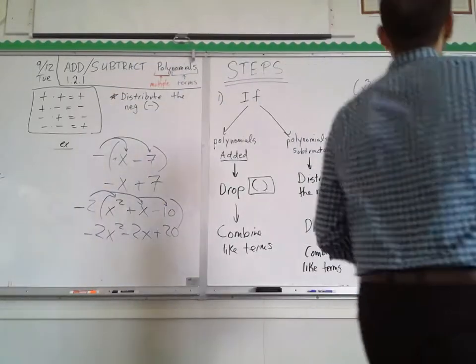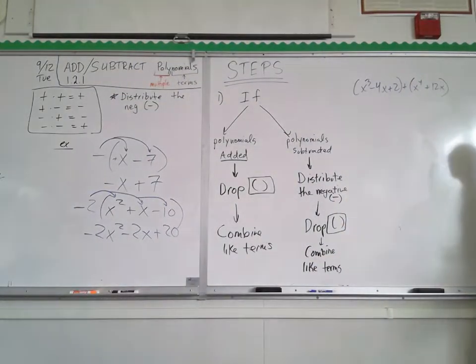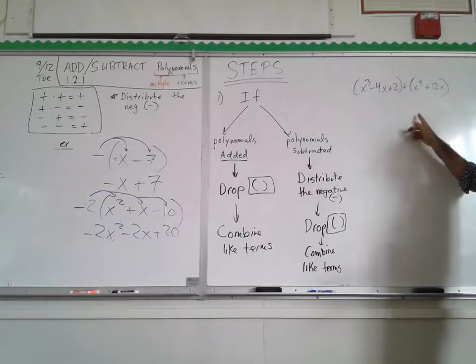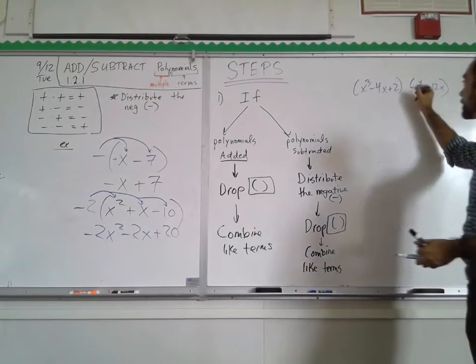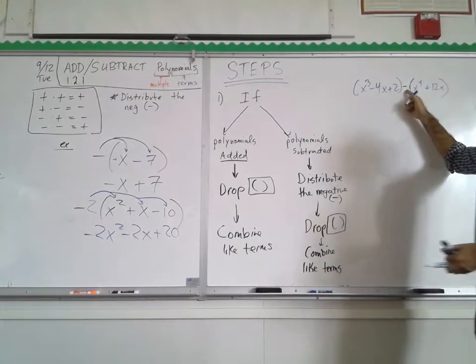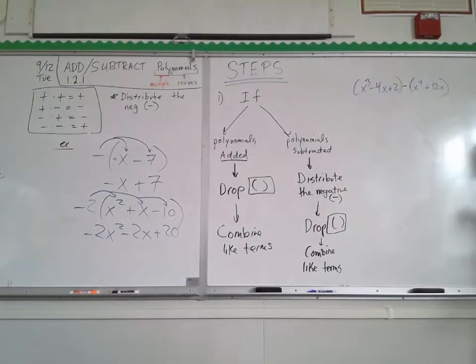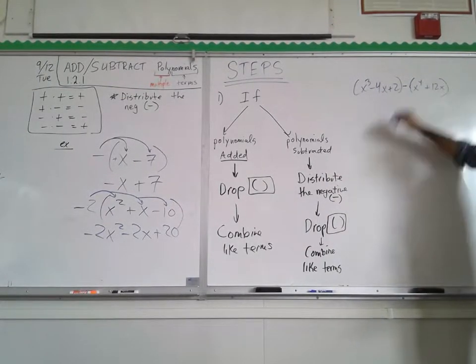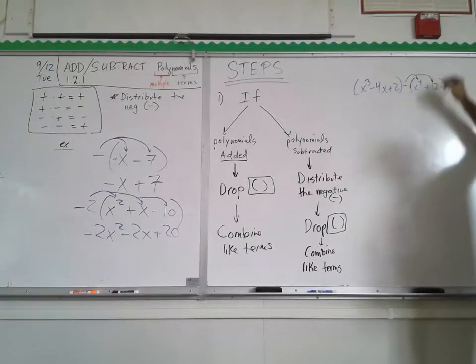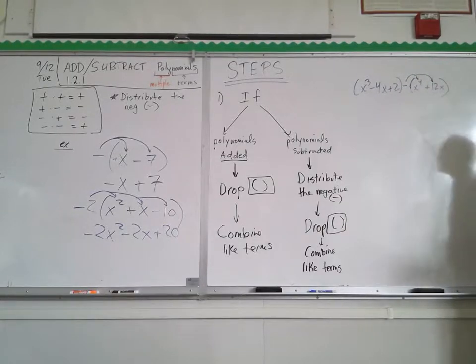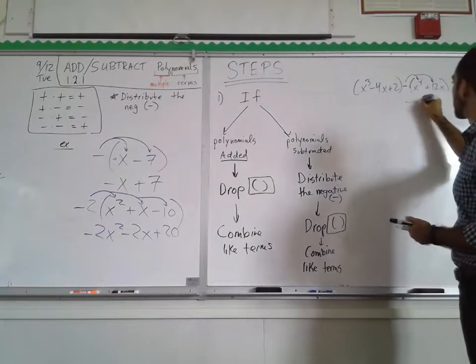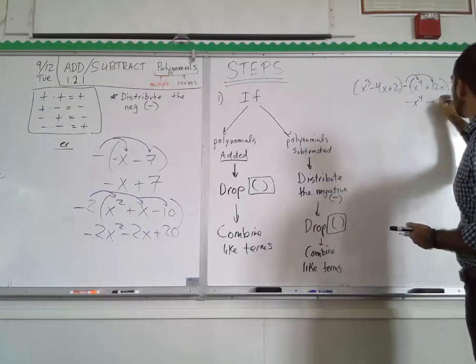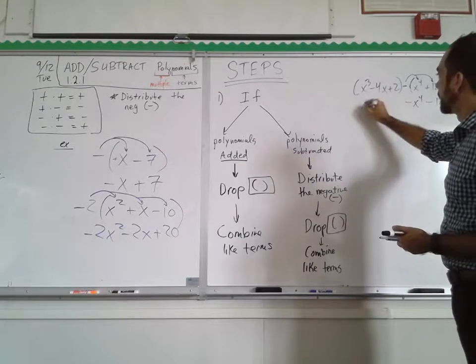Okay. So with this one, you know what? It is positive. So we would just be dropping the parentheses and combining terms. I want to make this a little bit more challenging. So this isn't exactly number 2. I'm using it to give us a negative subtraction problem. So first step, let's distribute the negative into all terms that it's connected to. Just like reading left to right, these terms on the inside of the parentheses, we're going to apply that negative to get negative x to the 4th minus 12x. I'm going to go ahead and drop the parenthesis